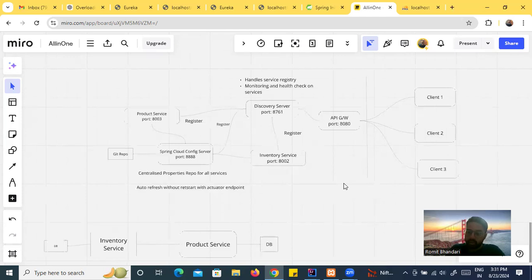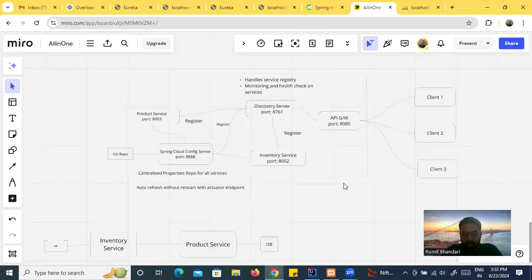And the client need not know details about, let's say, internally inventory service or product service or any other service which we may have, and their ports and their instances which are running. So the client would just need to know the path which is required to call a particular service, and the rest of the work would be done by the API